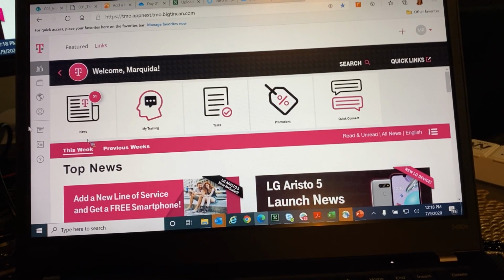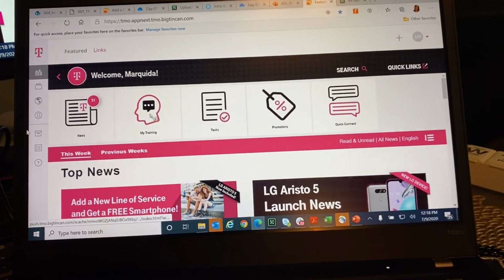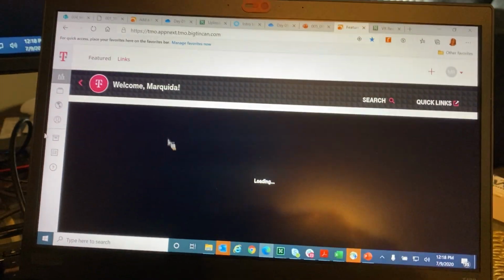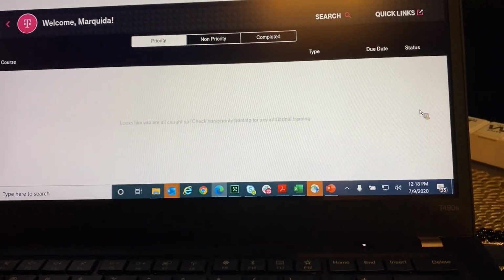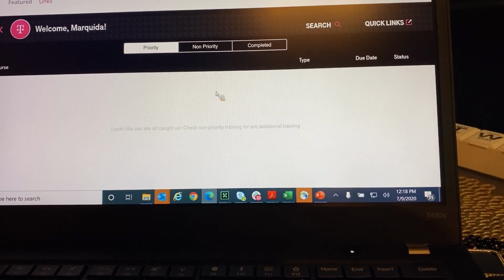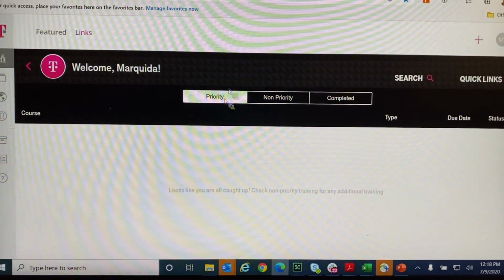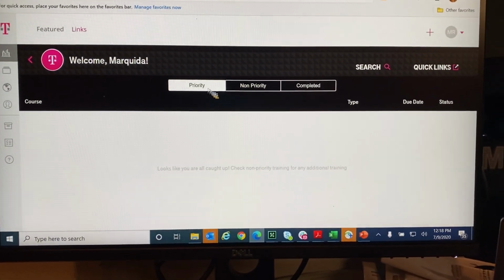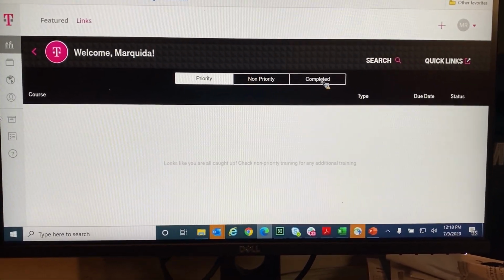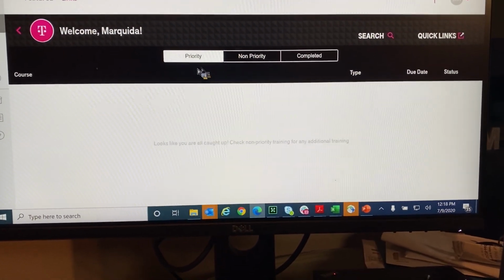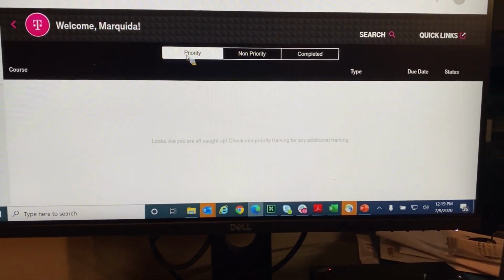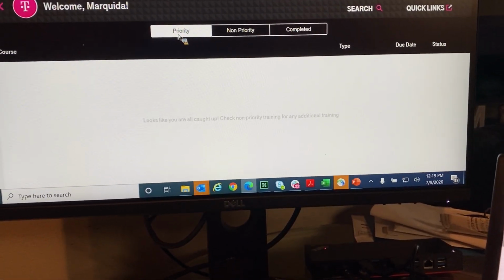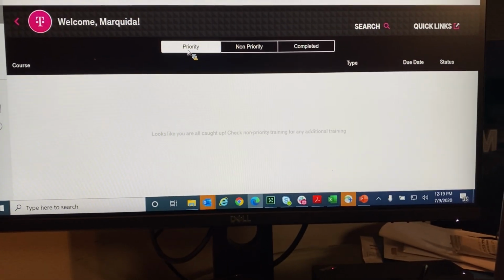Okay, awesome. All right, so the next thing is my training. This part of my training is going to only take you to training that you need to complete. So notice that right here, there's 3 tabs. It says priority, not priority, and completed. So under priority, you're always going to have the trainings that, surprise, surprise, are a priority, right? So you're going to have the trainings that you need to complete with a date that needs to be completed